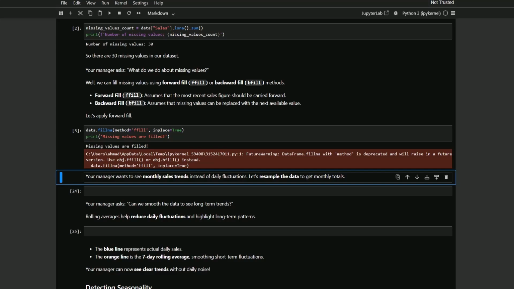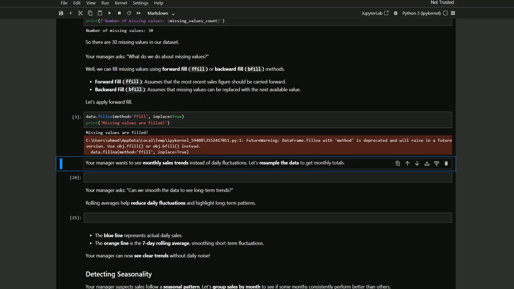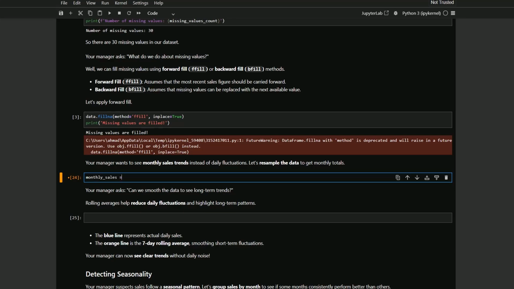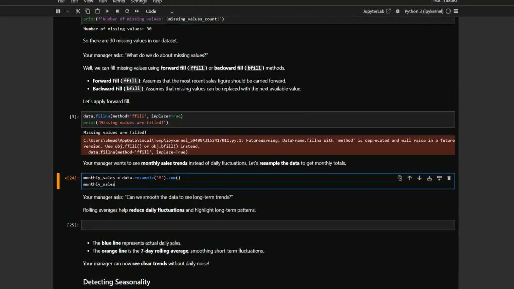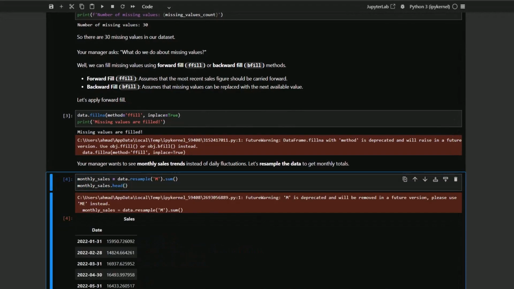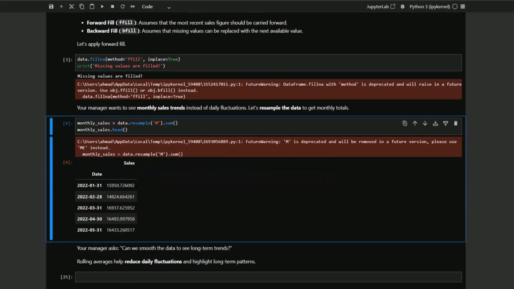Now, your manager is interested in seeing monthly sales trends instead of daily fluctuations. To achieve this, we'll resample the data to get monthly totals. This will help us identify broader trends over time. Here's what's happening in this code snippet. We use the resample method to change the frequency of our data to monthly, indicated by M. The sum function then aggregates the sales data for each month. This gives us a new dataset with monthly sales totals. Finally, we use the head function to display the first few rows of our resampled data, providing a quick look